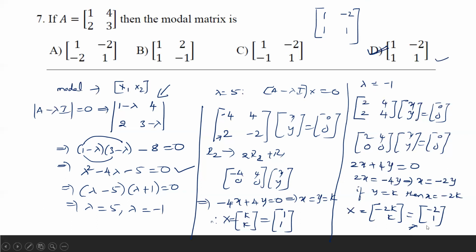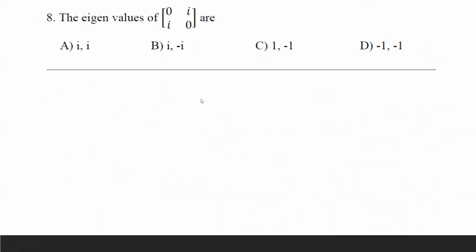Now, if you look at the last question, what are the eigenvalues of this matrix? As usual, to find the eigenvalues of this matrix, we need to equate the determinant of A minus lambda I to 0. Correct? Now, what is A minus lambda I here? 0 minus lambda, minus lambda, and i here also, 0 minus lambda, minus lambda, and you are equating this determinant to 0. So if you just evaluate this determinant, see how much it is. Minus lambda into minus lambda, it is lambda square. Then minus i into i, it is i square. What you know, i square is minus 1, correct? So minus of minus 1 becomes plus 1 is equal to 0. So this is the characteristic equation.